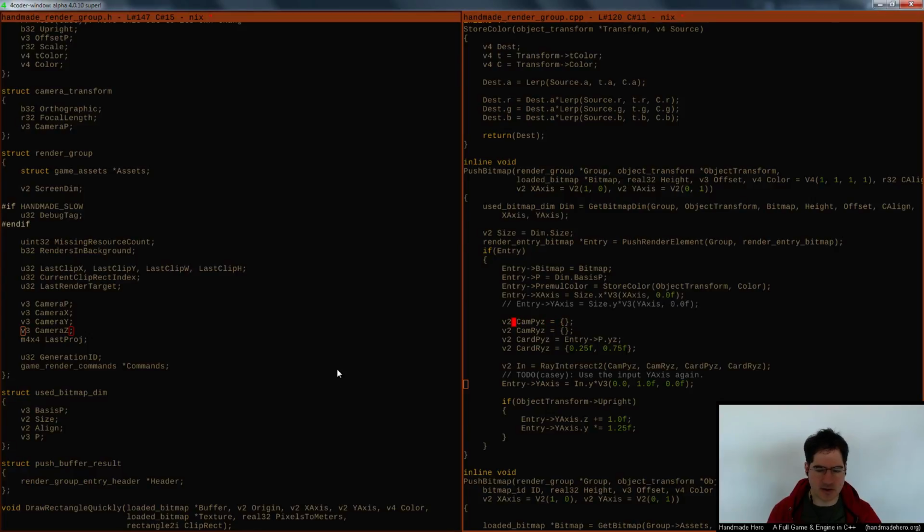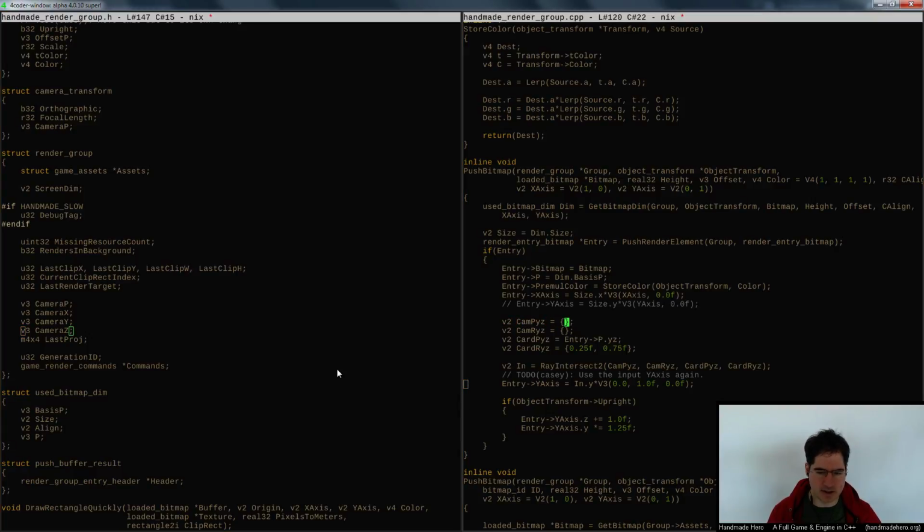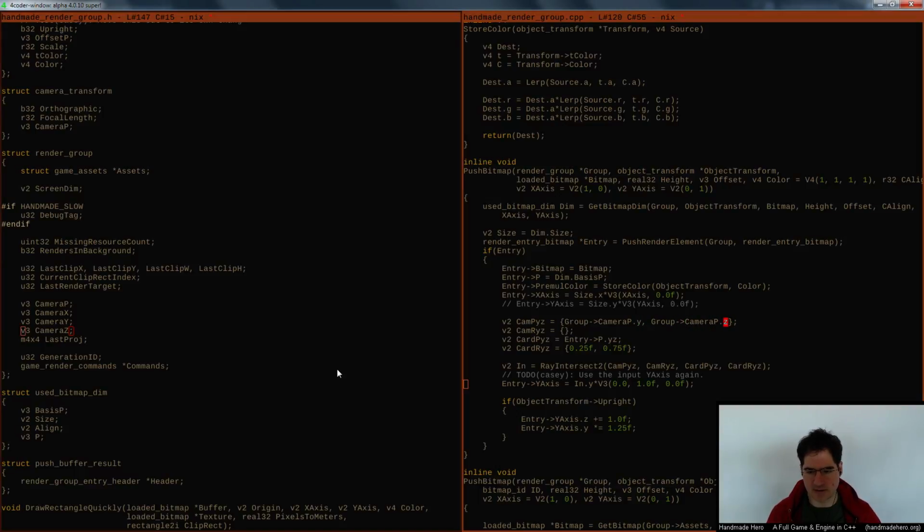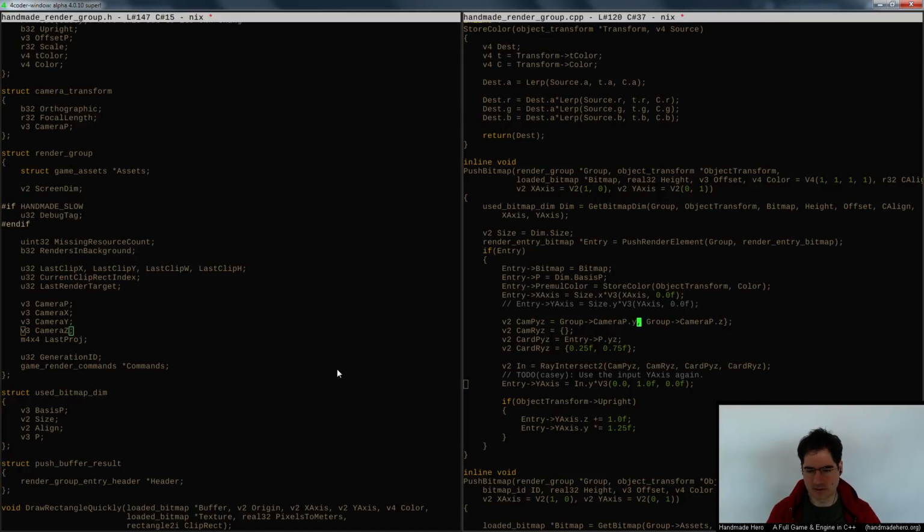So what I'd like to do is say, all right, if we want to get the camera PYZ, we should be able to get that directly out of the group. So the camera P Y and the camera P Z is exactly that. And I guess I can just do it this way. So the only confusing thing is how do we get camera RYZ? And in order to get that ray, we need to figure out that kind of offset along the camera's